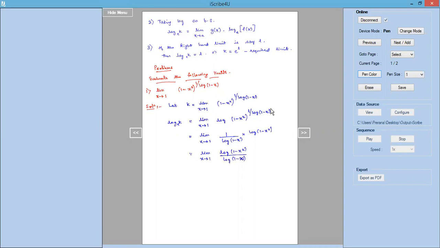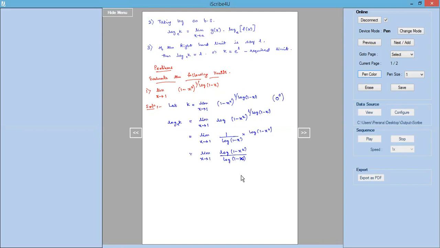Now if we apply the limit as x tends to 1 for the given question, it was in the form of 0 power infinity. Let us observe x as x tends to 1. In the base, 1 minus 1 is 0. In the exponent, log of (1 minus 1) is log 0, which is infinity, and 1 by infinity will be 0. So the given question was in the 0 power 0 form.